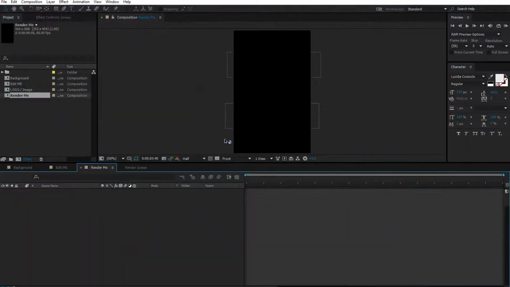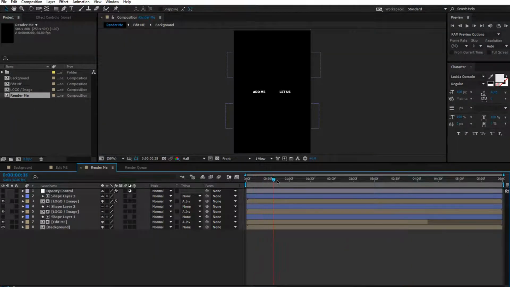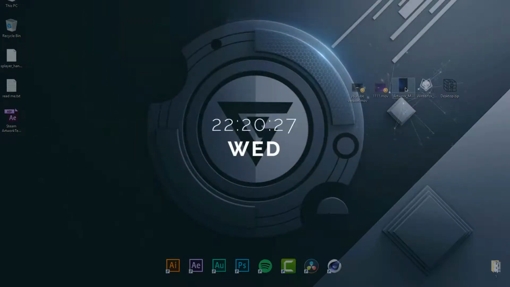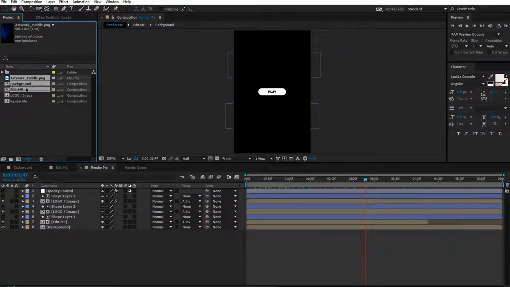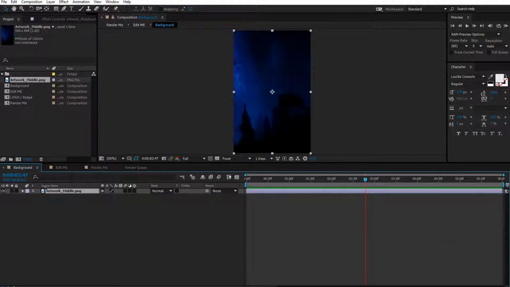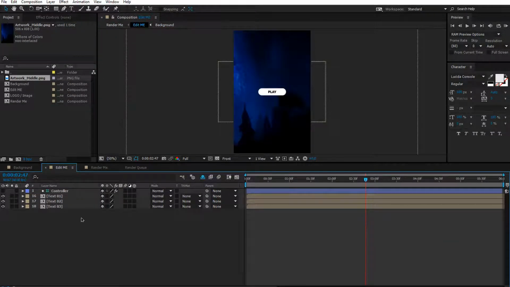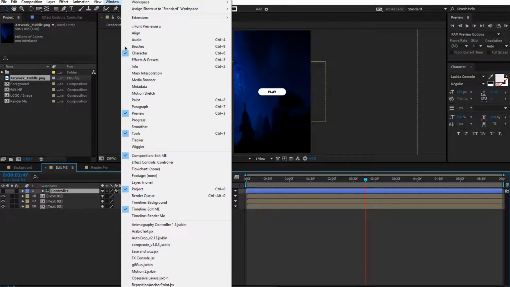Yes, then open this one. See what it looks like. Amazing already. And the first thing you're gonna want to do is drag the background or wallpaper to the background. Okay, and then go to the edit me tab, and here you're going to go to window and then